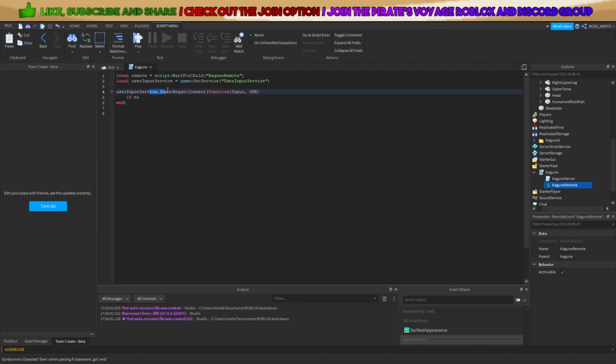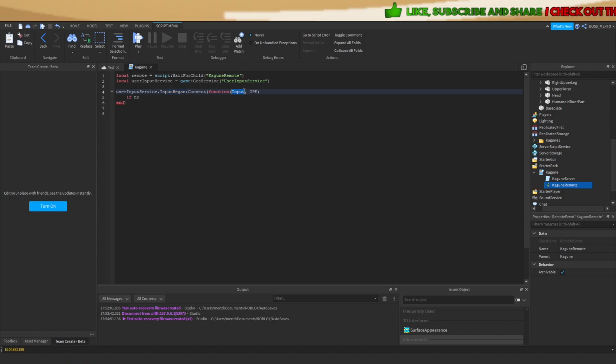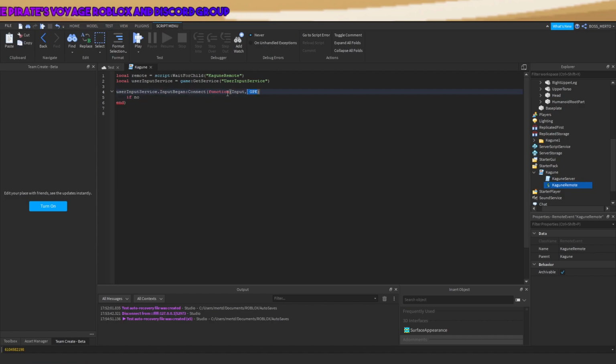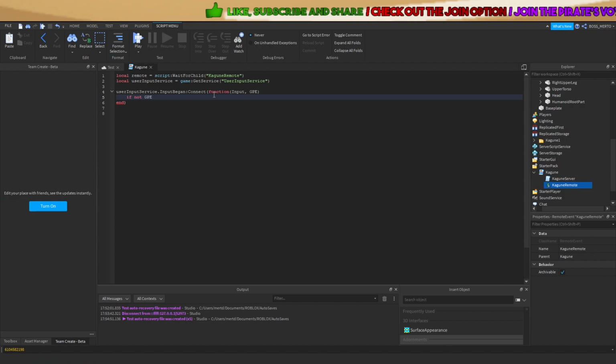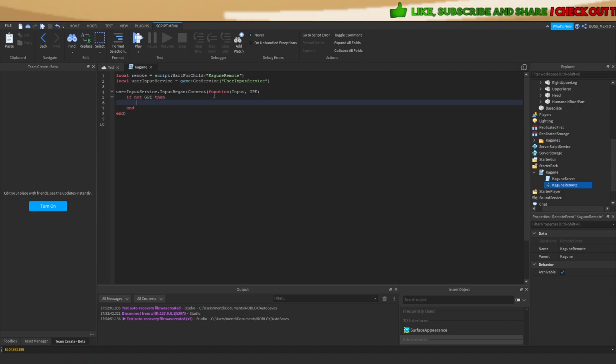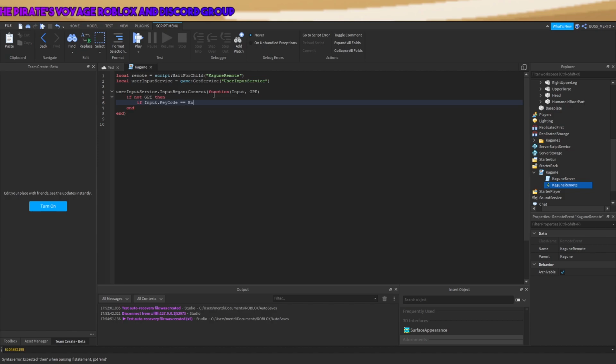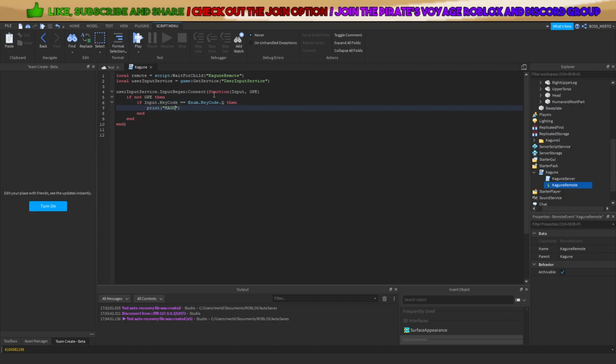once an input has begun, we get the input, so the key or the mouse button which has been pressed, and GPE, game processed event. We just check if that input was not while using a GUI or while interacting with the chat or whatsoever. So if not GPE, then if our input.keycode is equal to Enum.keycode.Q, then we will print Kagune